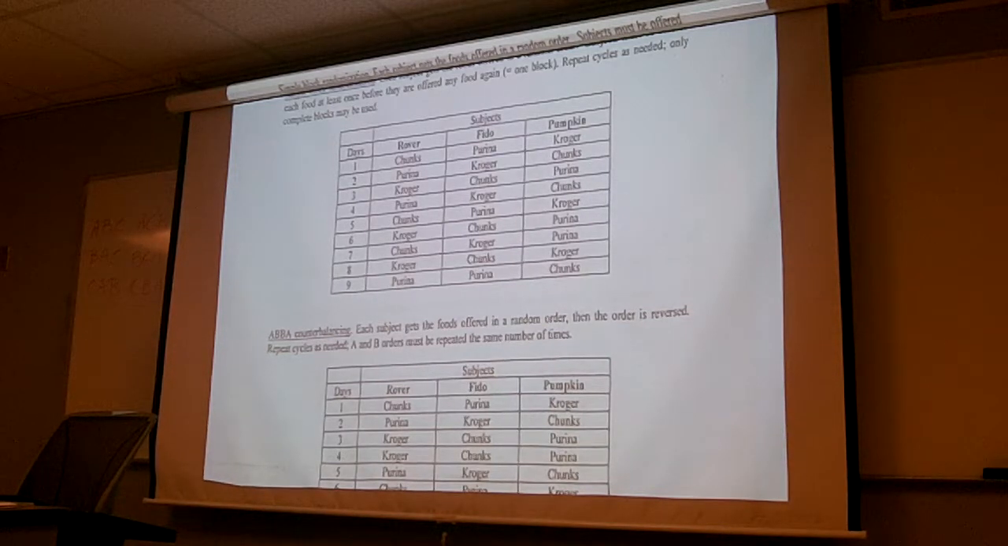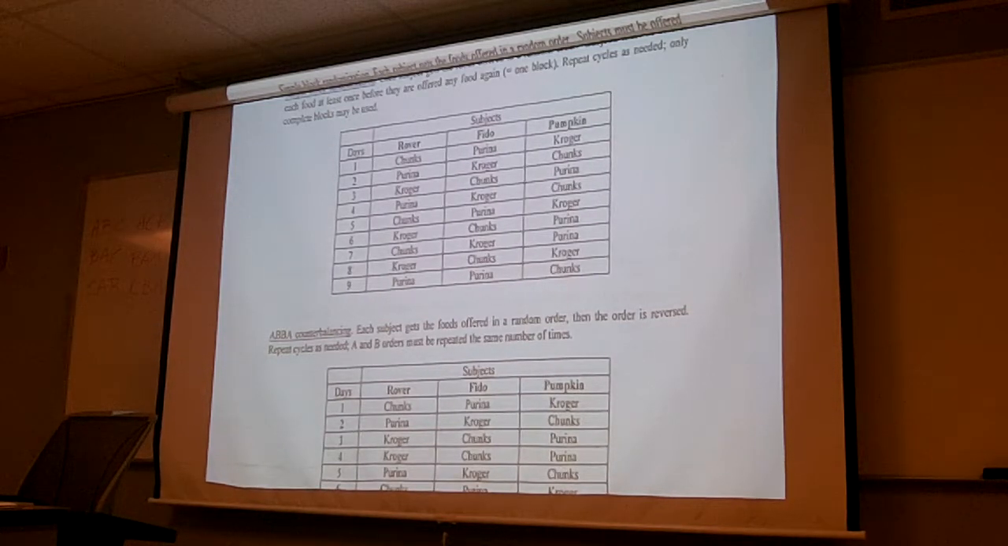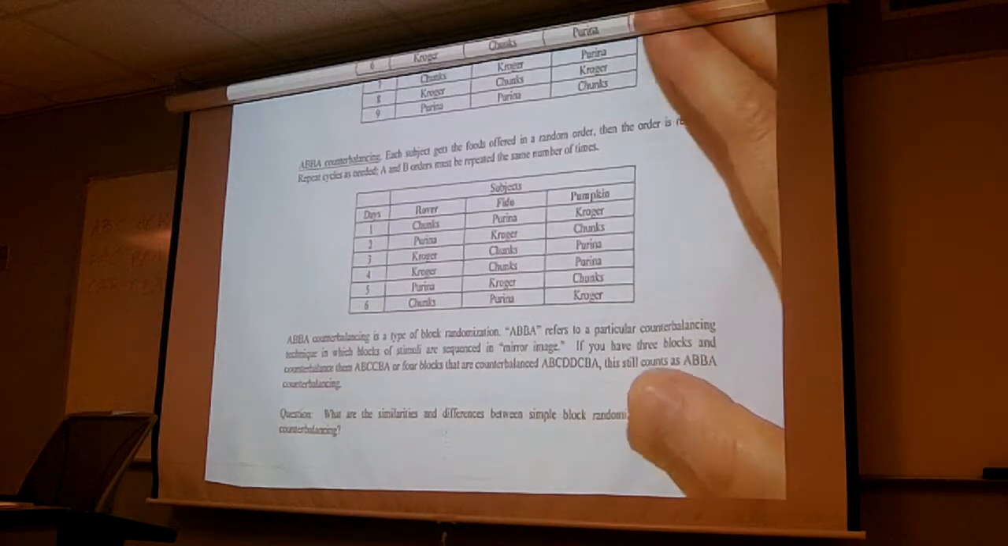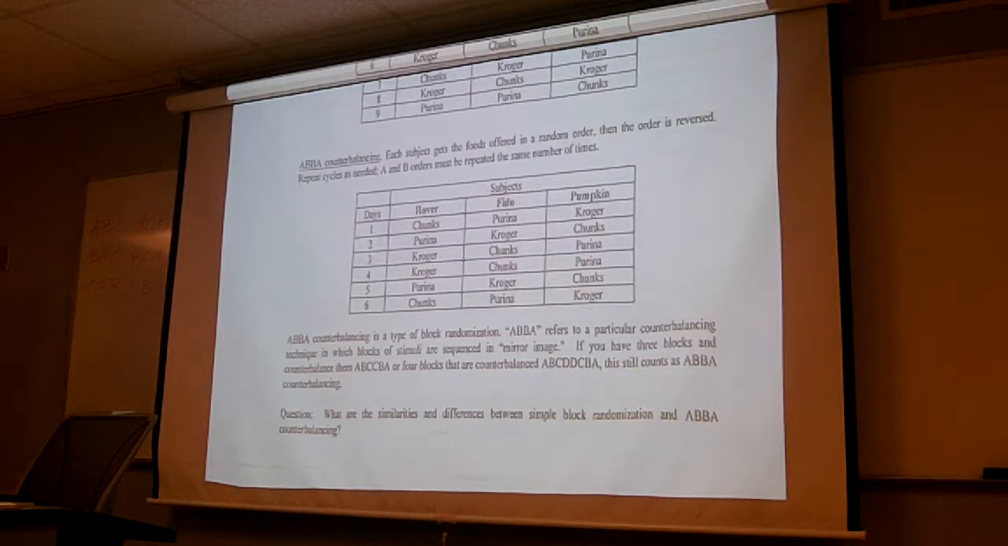But if I can't, what if I'm restricted in how much I can do, but I still want to do a complete design? Well, one alternative, and a popular alternative, is to do something called ABBA counterbalancing. And that's the next example. ABBA counterbalancing